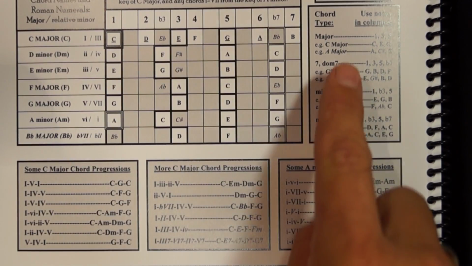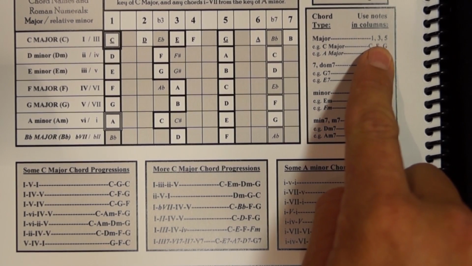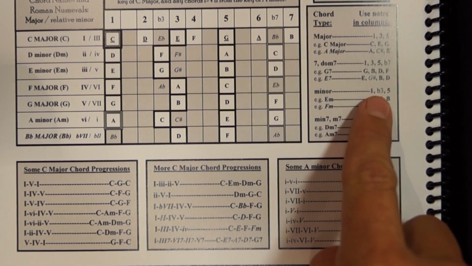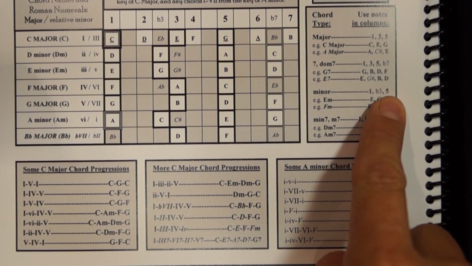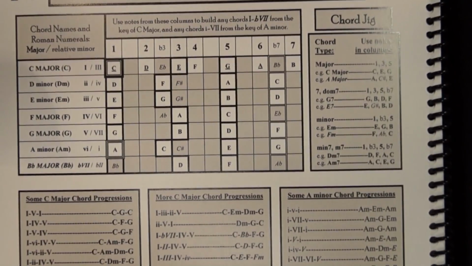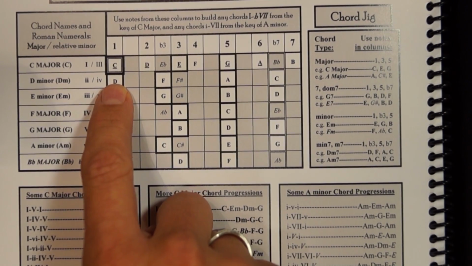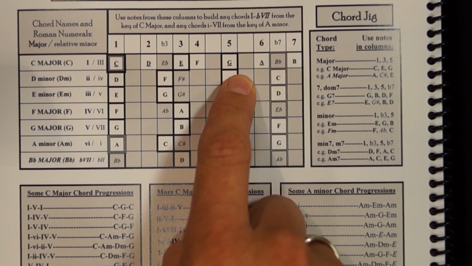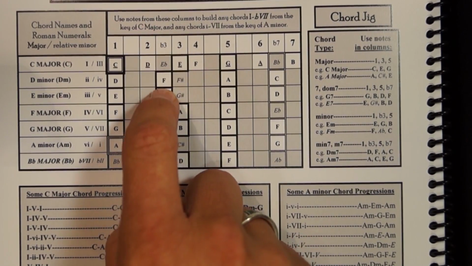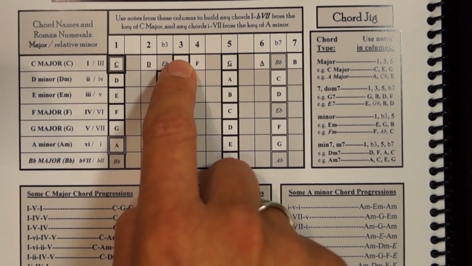The only thing that makes the difference between a major and a minor chord: majors are built of notes in the 1, 3, 5 columns, and minors are built in the 1, flat 3, and 5 columns, which means taking the 1, flat 3, and 5 notes out of the major scale. So a D minor chord is going to be built of the notes D, F, and A, and that's 1, flat 3, and then 5, but a C major is going to be built in the 1,